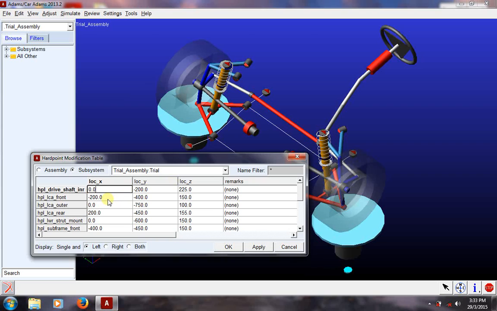Let's see, we change the location of X, Y, let's make Y as minus 300. Okay, let's see how does it change. See, the front has changed in Y. Similarly the rear, let's do minus 300 again. The Z, I would like to equal it with the front, so 150. You see,